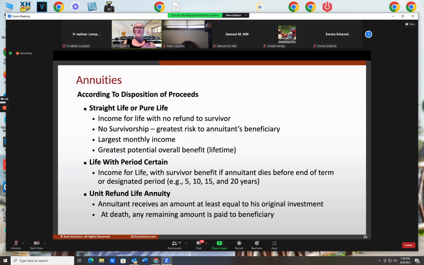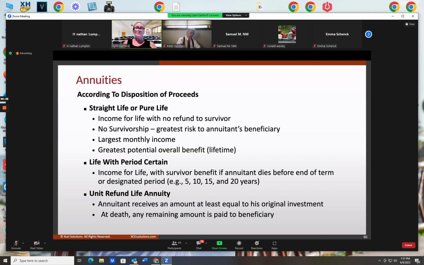Now, even if they don't have longevity on their side, maybe they don't have anybody else to depend upon. Maybe their husband or spouse is dead, all the brothers and sisters are dead, parents are long gone, they didn't have children, therefore they have no grandchildren. They have to be dependent upon just themselves for the rest of the years of their life on the planet. So they want to annuitize their annuity and have a straight life payout paid out to them the rest of their days. And once they're deceased, they're not going to worry about payout to anybody else. They don't have anybody else to leave the money to anyway.